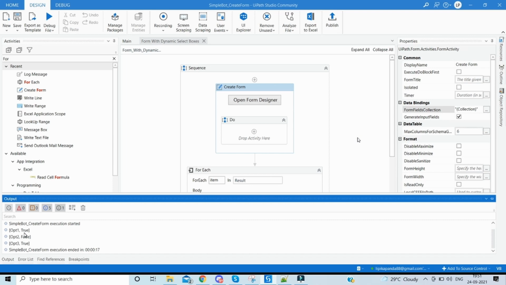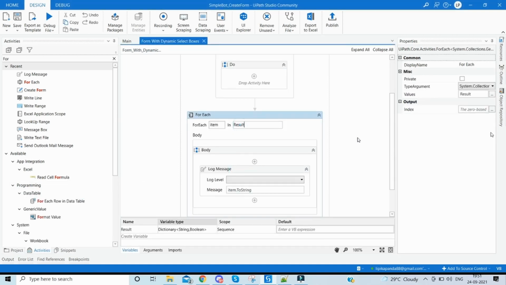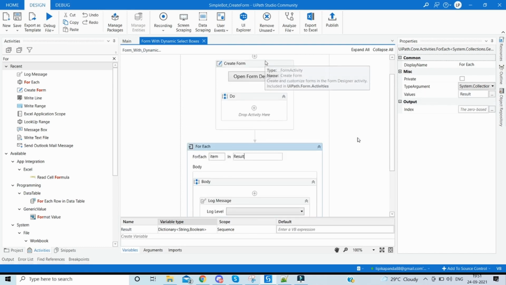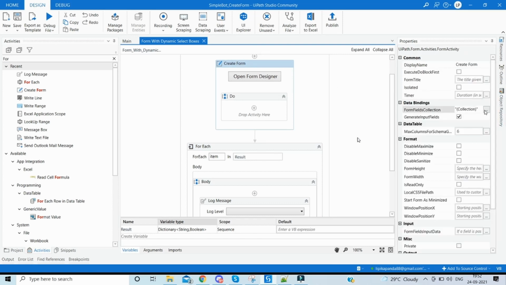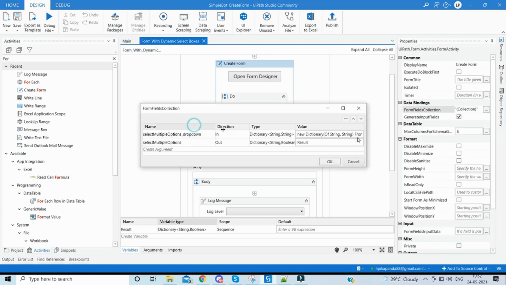So the key summary points we have to remember in this case: whenever we are iterating a dictionary, we should mark the type argument as System.Collections.Generic.KeyValuePair, and it should be string and boolean in this case, similar to the dictionary. Then we have to remember that the input argument we have to name the same as the property name appended with the underscore drop down in case of the input, and the output should match the same as the property name.